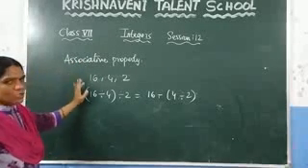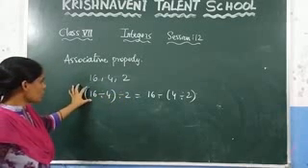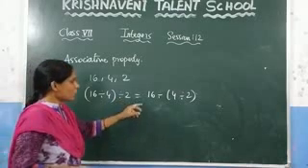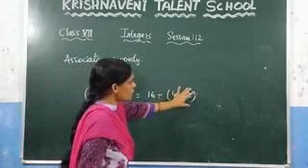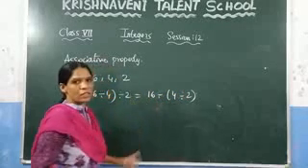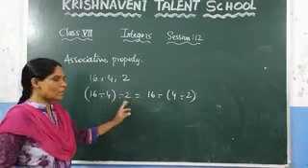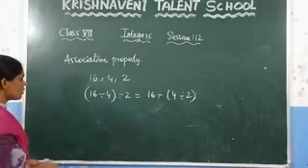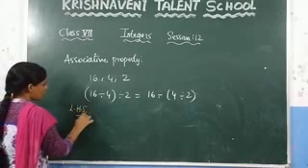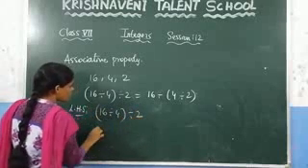What it states here is the associative property under division. If you take three integers, you divide the first two integers, and the result is divided by the third integer. On the other side, you divide the second integer by the third integer, and the result you have to divide into the first integer. Now let us solve this one, whether you are getting the same answer or not, we need to check it here. Taking the LHS, it states 16 divided by 4 divided by 2. You need to solve this one.